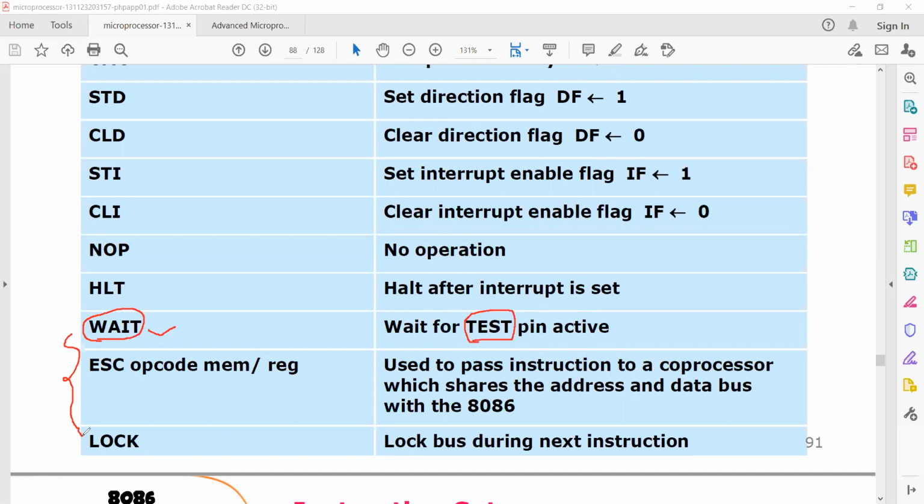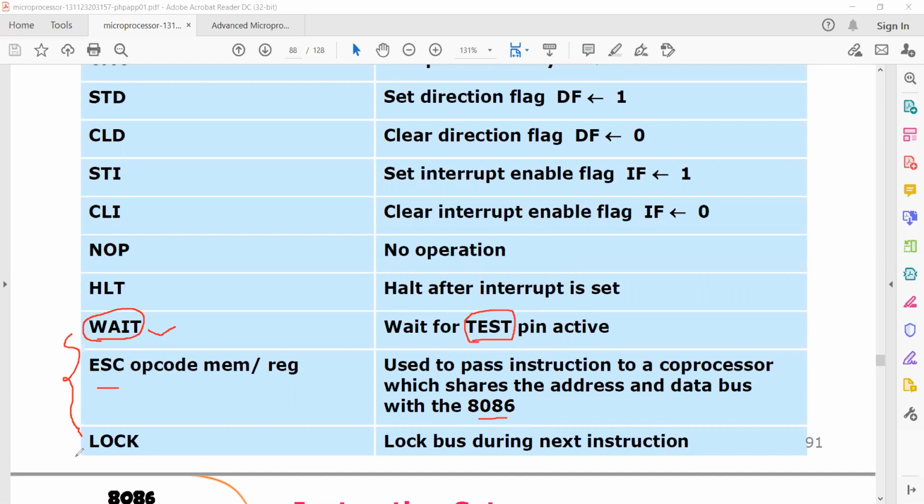In that case, when we use ESC, we are passing the instruction to a coprocessor, that is, another processor in the system, which shares the address and data bus with 8086. In order to indicate that we use ESC.